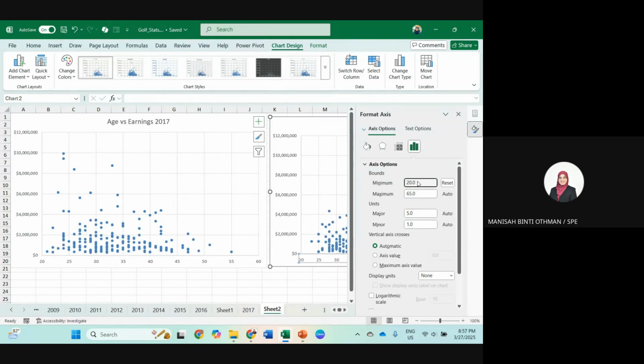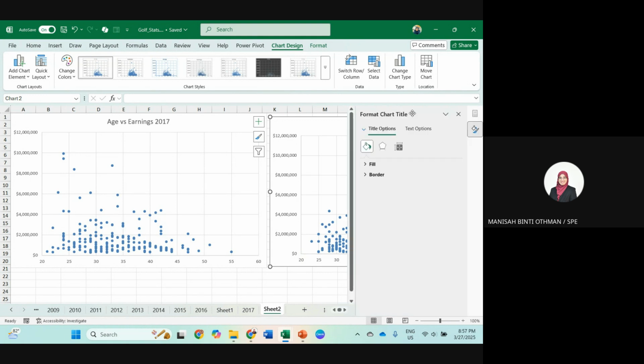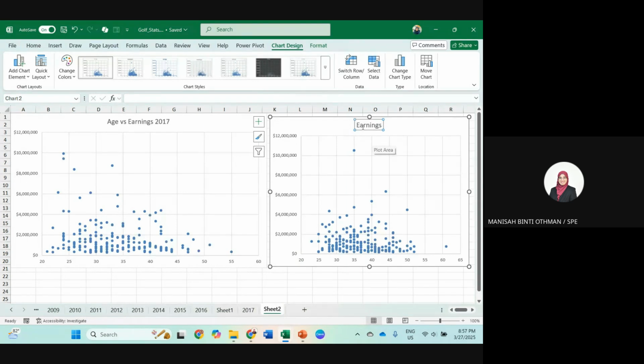Enter. Age versus earnings for 2009. The patterns here are similar.